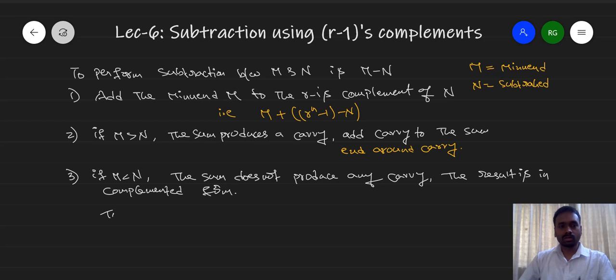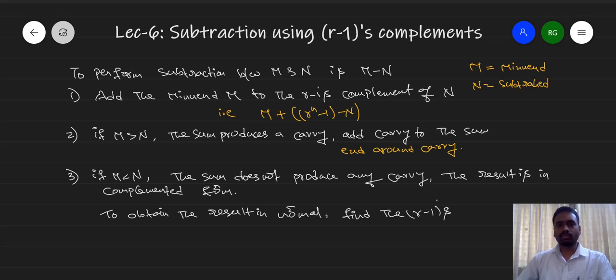That is nothing but 1's complement if you are doing the subtraction with binary numbers. That is 9's complement if you are doing subtraction with decimal numbers, right? So whatever the number system is, find the r minus 1's complement of the sum,